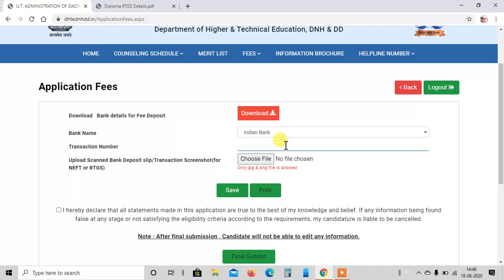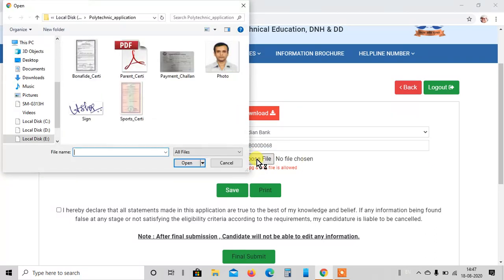My transaction ID would be IDIB000D068. Try to give it in capital letters so that it can easily be reconciled. And choose the file and insert it.